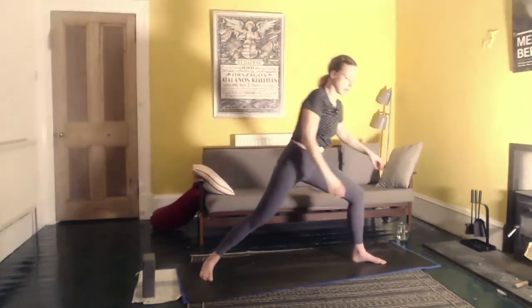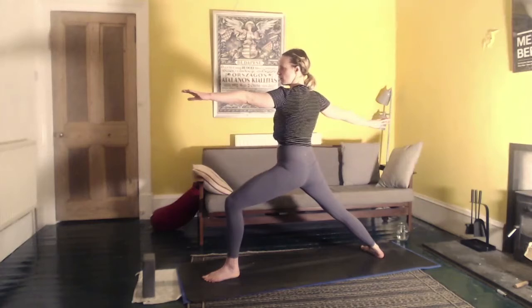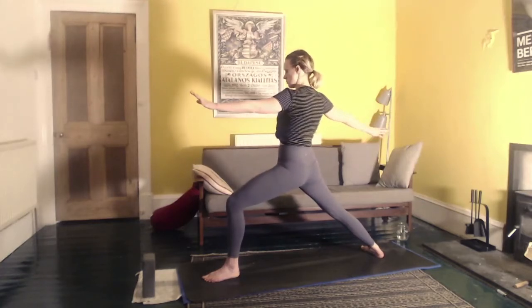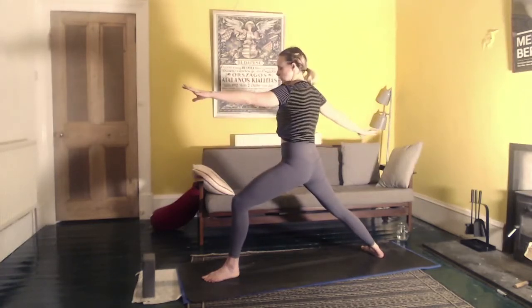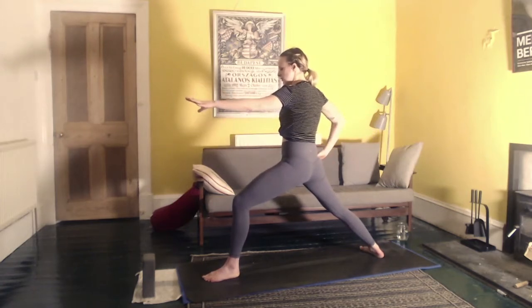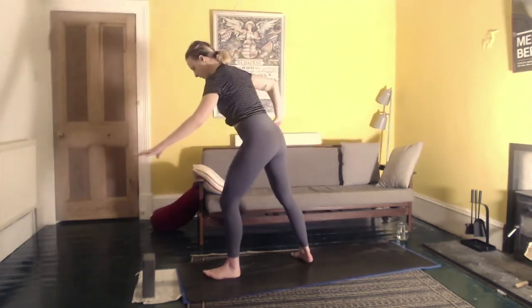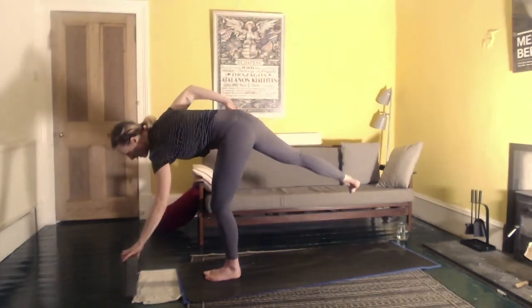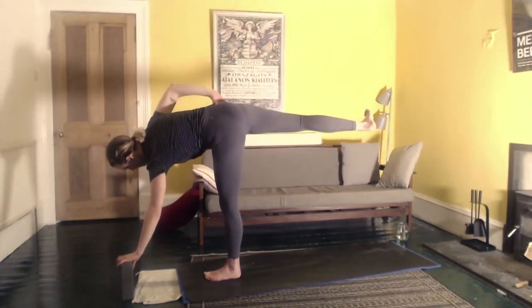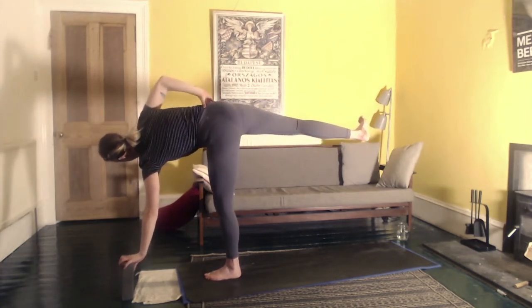And we're going to make our way from warrior two into another balance if you want. You don't have to do this. You could stay strong in warrior two. It's a big workout for your legs, as you're probably feeling. If you want to try the balance, we're coming into Ardha Chandrasana. Bring your right hand to your hip, start to hop your foot in. Have a block handy, and then place your left hand forward and out and start to pick that right foot up. So you're opening everything up to the right,